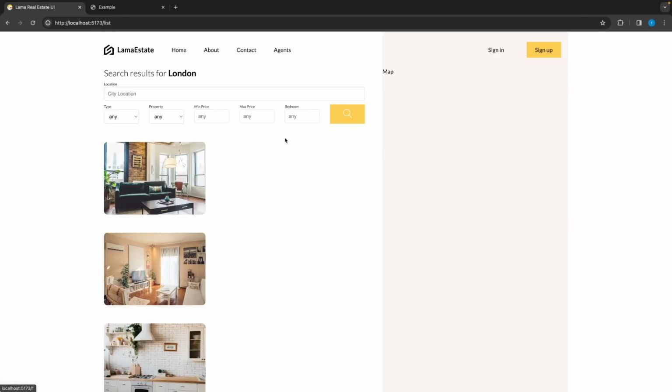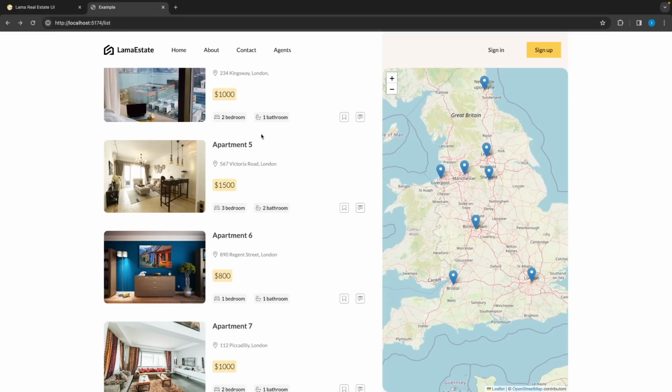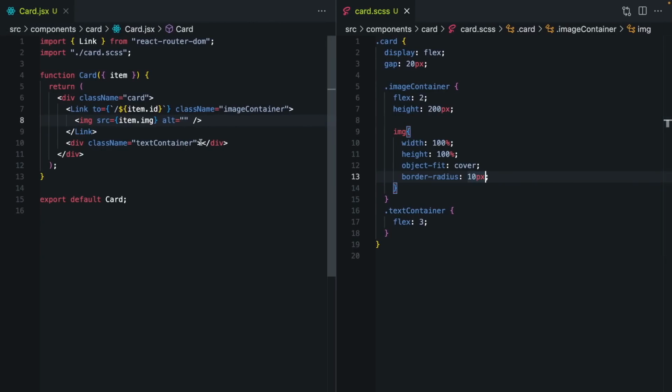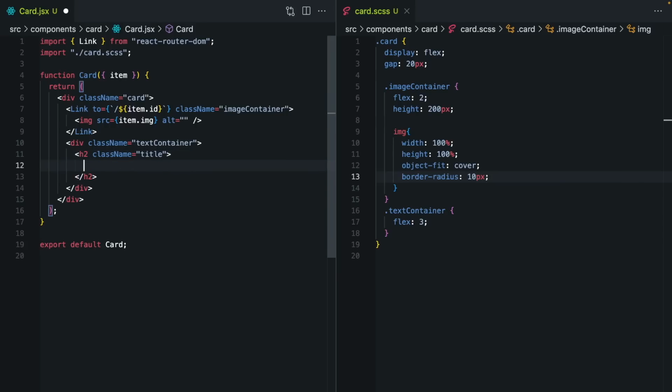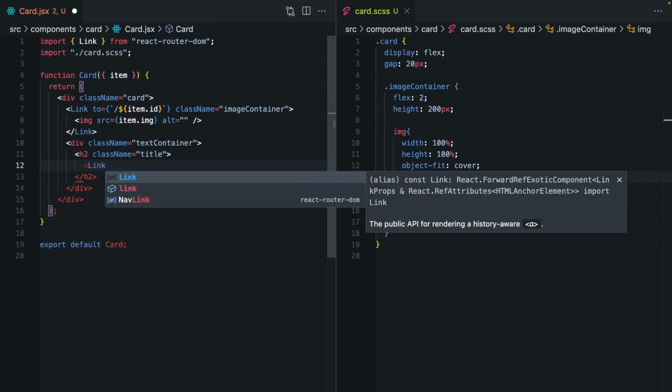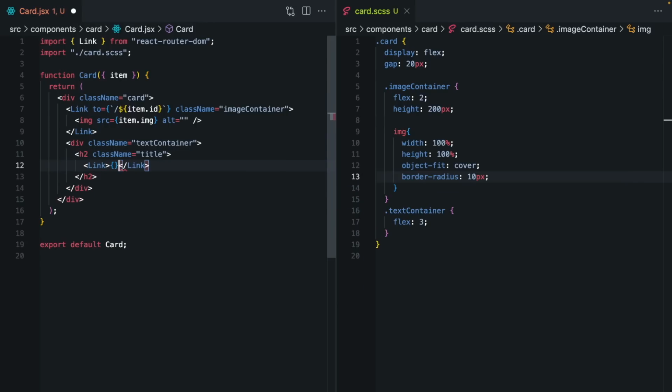Okay, so what about our text container? Firstly, we are gonna have the title, the address, and inside this address we have the icon and the text, price section, and this bottom div. Let's create quickly. I will say h2 tag and its class name will be title. And again, I'm gonna be using a link here. When we click on that, we can open up the single page,